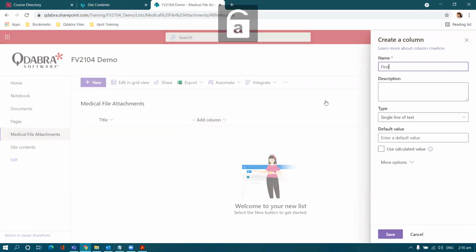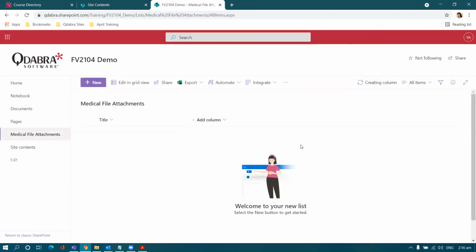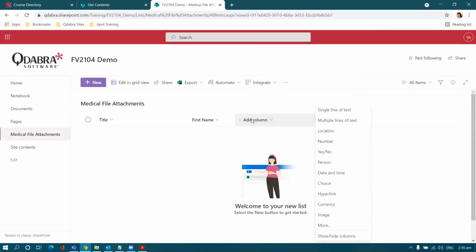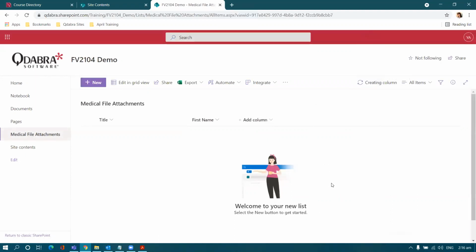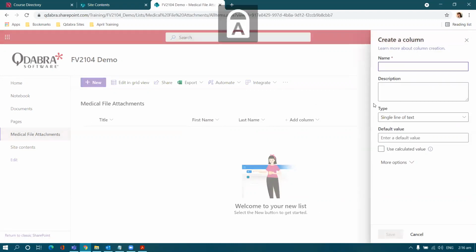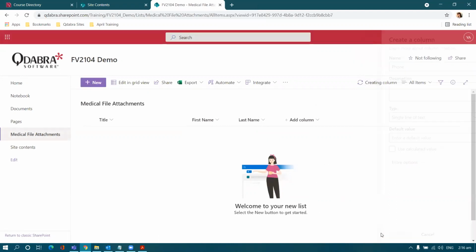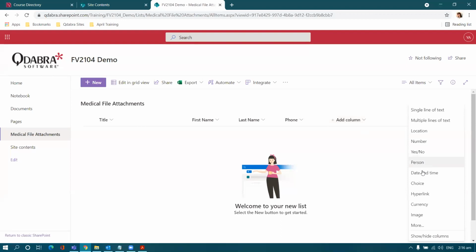Let's add the first name. Let's add the last name. And the phone number. All right, so once that's added, let's go ahead and click again the add column, and then below that